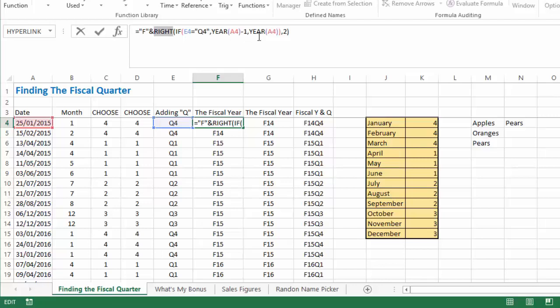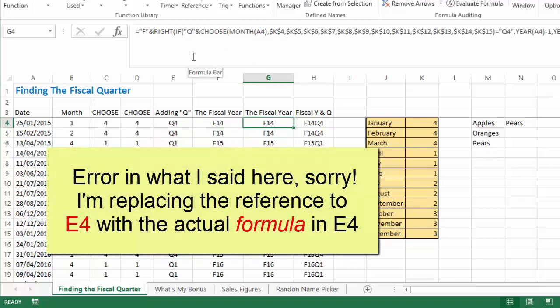If it isn't Q4, then the actual year is the same as the financial year, and that's where we get our F14 or F15 or F16 from. Now here what I've done, I have replaced the A4 value with the formula that lives in A4. Where are we? There. So here I'm just basically taking the formulas that I've used earlier